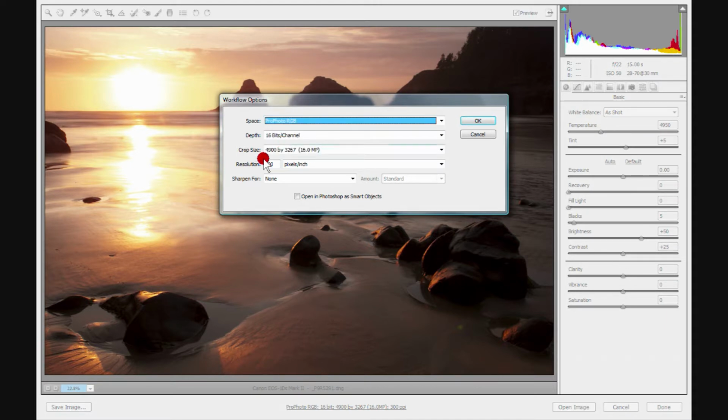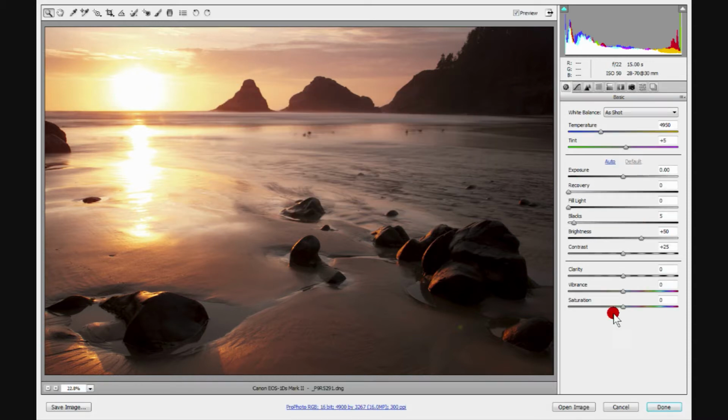ProPhoto, we're bringing this into Photoshop. We're going to create a master file. ProPhoto is the best color space to be in, as well as 16-bit channel versus 8-bit channel. More information, better starting point, more editing headroom with both of these boxes selected this way. So we're going to select OK here, and now we click Open Image,